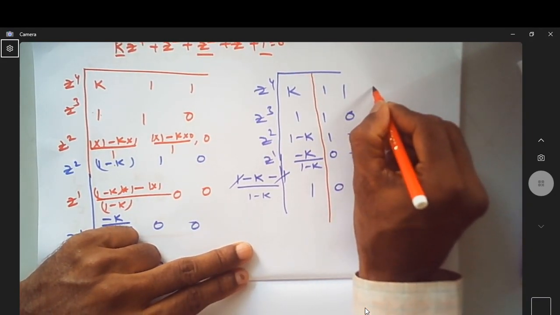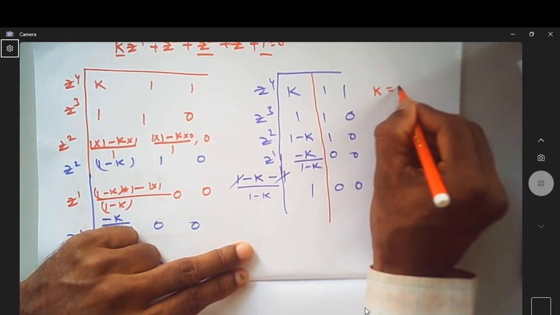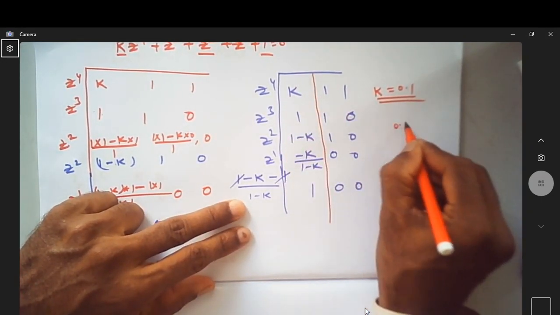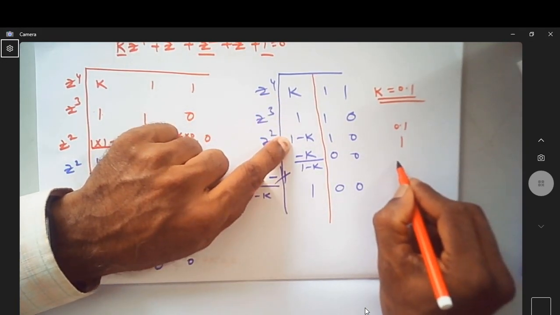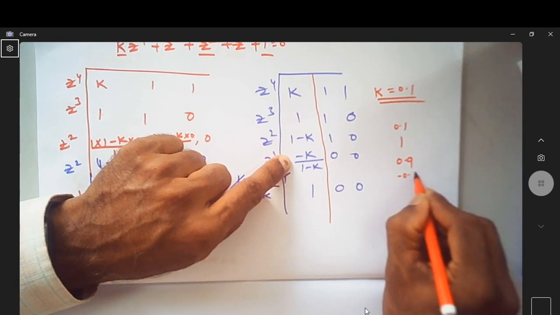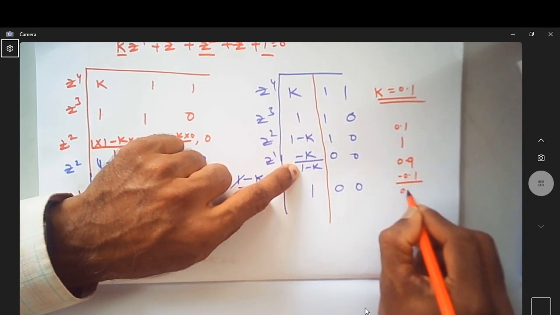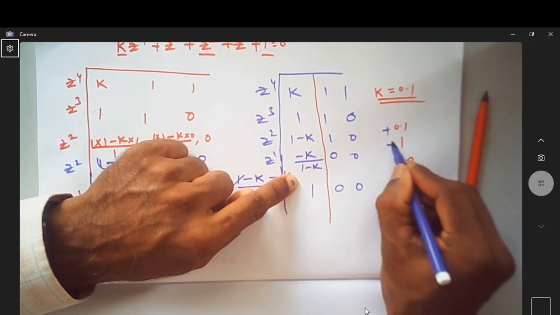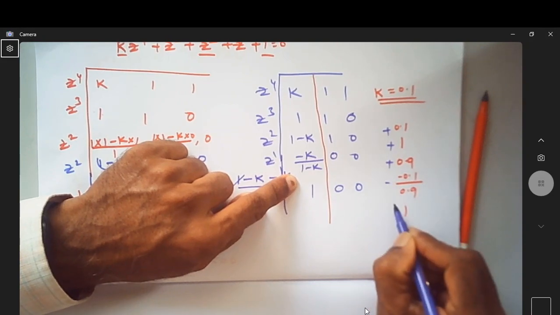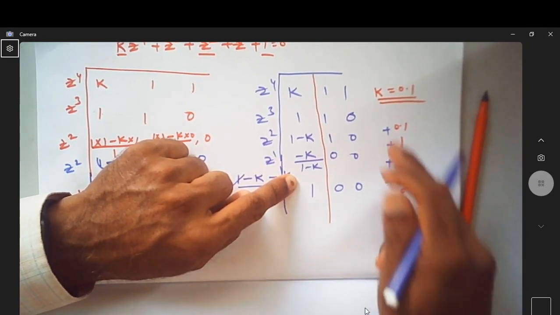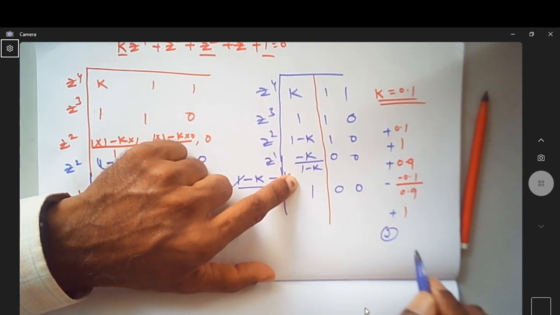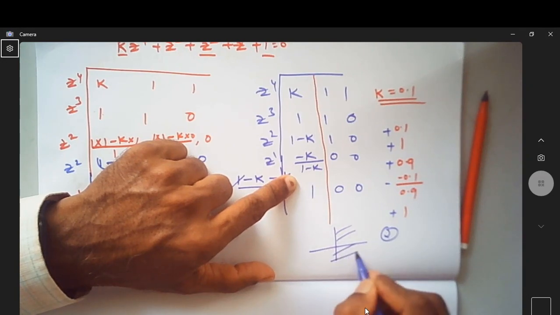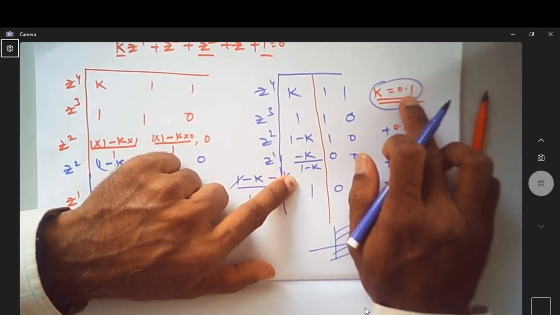Now if the value of k is, take it as 0.1. If the value of k is 0.1, the first element is 0.1, the second element is 1, here it is 0.9, and it is minus 0.1 by 0.9, and it is 1. See the sign change. Is this positive, positive, positive, and it is negative, positive. So how many sign changes? There are 2 sign changes, meaning that 2 roots lie on the right hand side of the s-plane if the value of k is